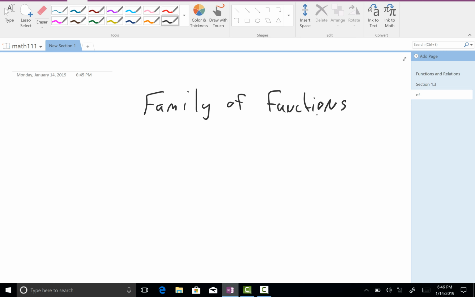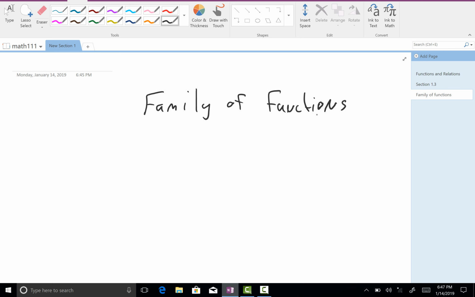Okay, so basically what they're going to do in section 1.4 and a little bit in 1.5 is kind of talk about this. They don't really talk about it, but it's like a family of functions, okay? So there's all these different types of functions that exist out there: polynomial functions, rational functions, trigonometric functions, all kinds of different functions that are there. So they're kind of just introducing you to polynomial functions,